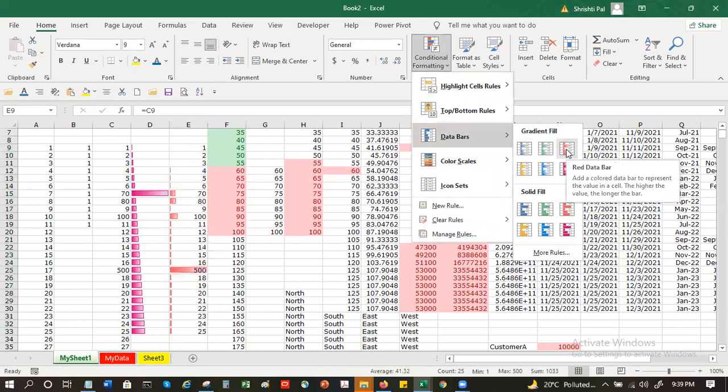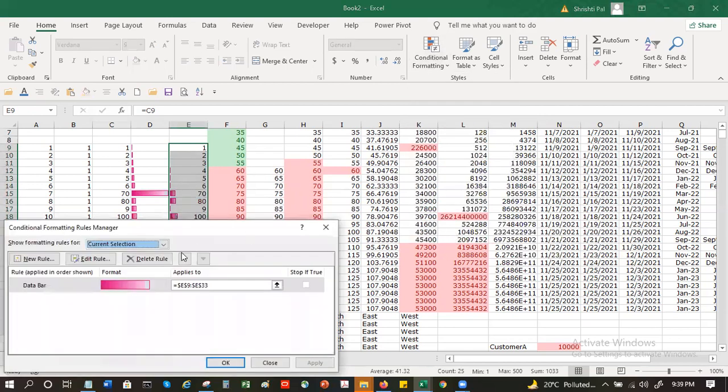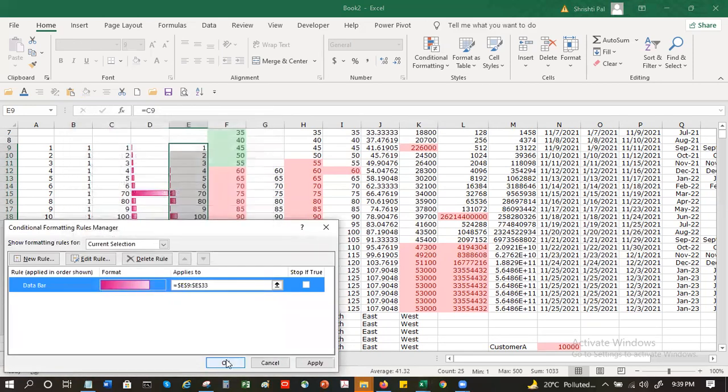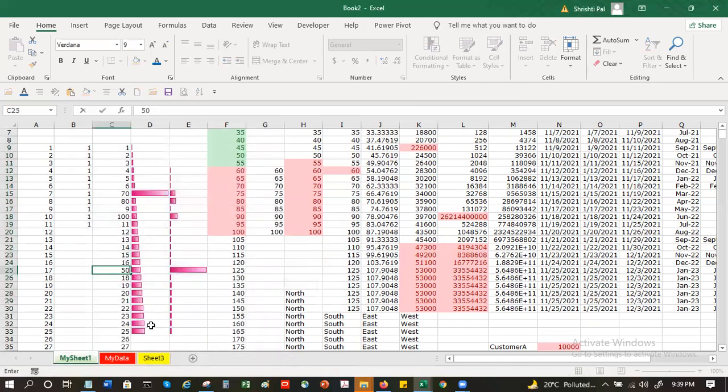Let's say this one. And I will go and switch off the numbers, so it will display only the bar. If I now change this to 50, immediately my graph changes. I change this to 20, my graph changed slightly. I change this to 45, my graph changed. Do you see the numbers changing? Can you just repeat this process once again?